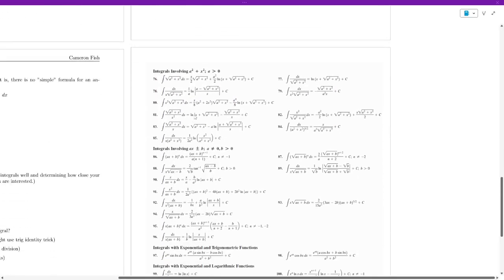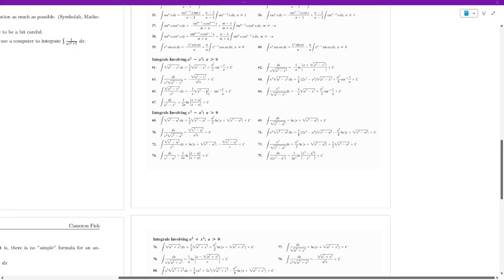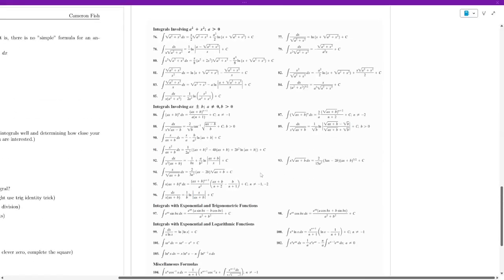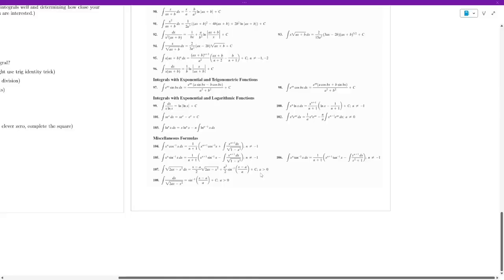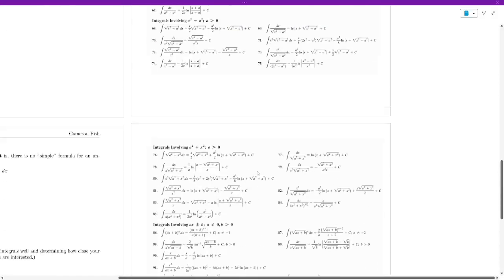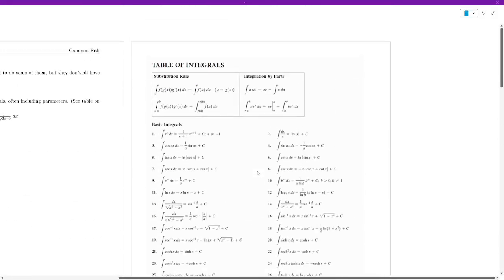Like you see some logs, and I think there was a sine inverse here somewhere, right? Yeah, so it's worth just glancing through these a few times. The plan for us is to say, okay, say we had access to this table. Sometimes it still takes a little bit of work to turn your integral into something that can be solved using